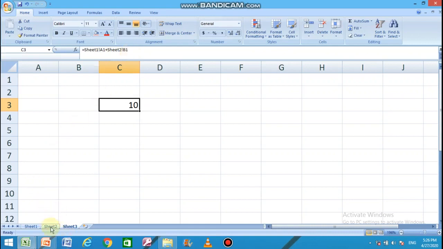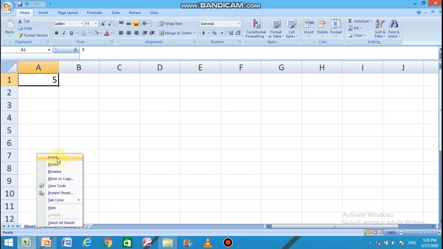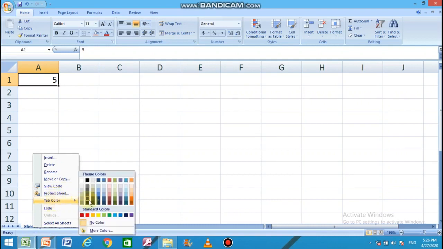Students, you can also color the sheet tabs or rename the sheet tabs by right clicking onto the sheet tabs. This is the sheet tab showing 3 sheets. If you want to rename it or color it, right click here, select the tab color option and any particular color.